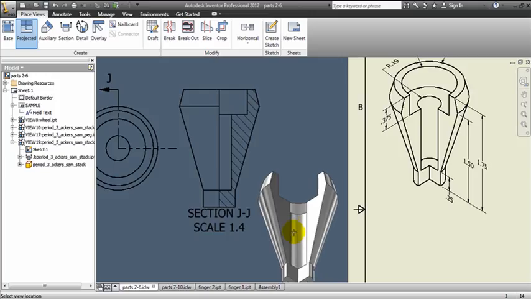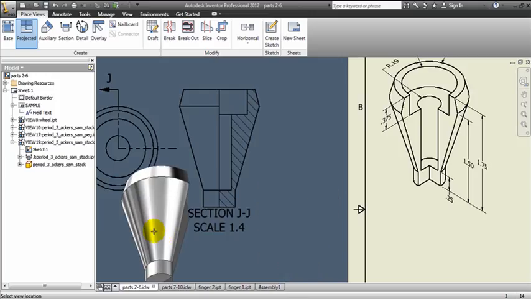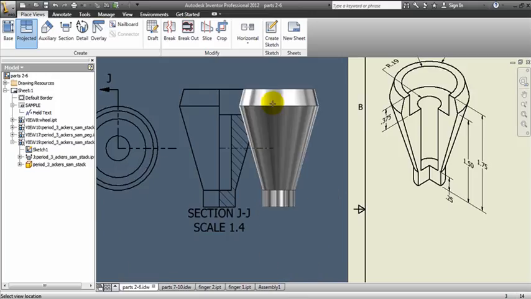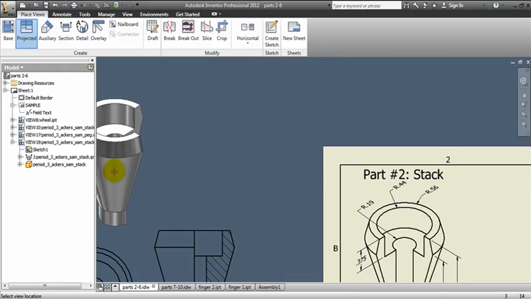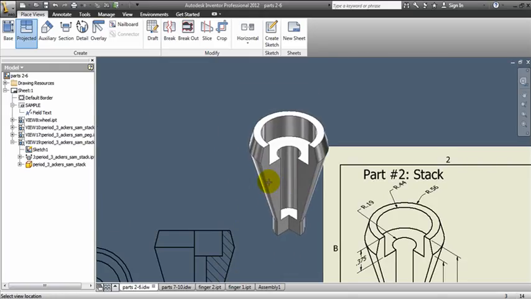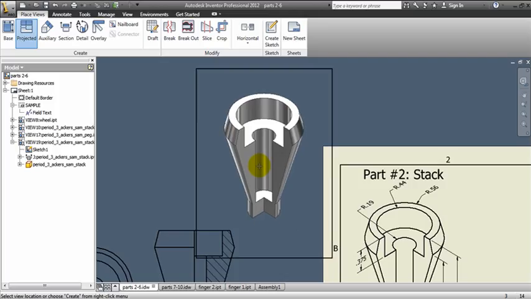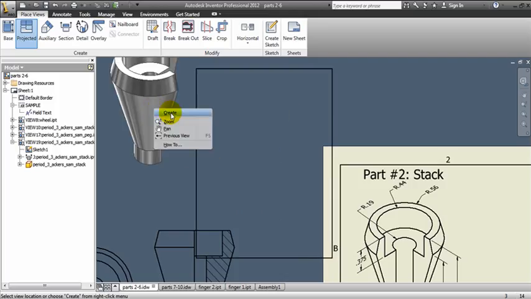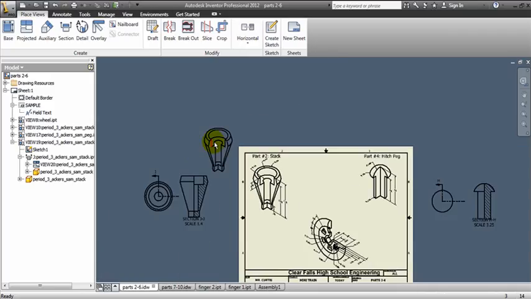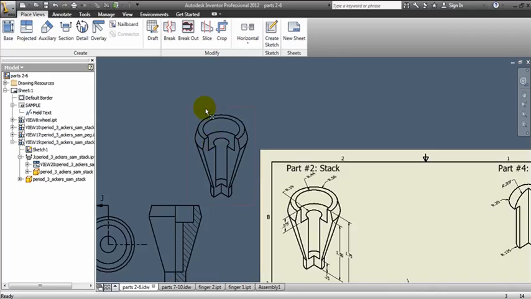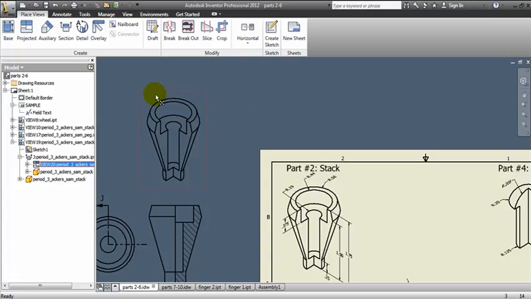So we can get isometric bottom right, isometric bottom left, isometric top right, top left. Top right is the one that we want. Okay, we want it to look like this. So I'm going to click, right click, create, and now we've got our stack, and we can move this wherever we want it. Okay, so I'm going to move this onto my page,